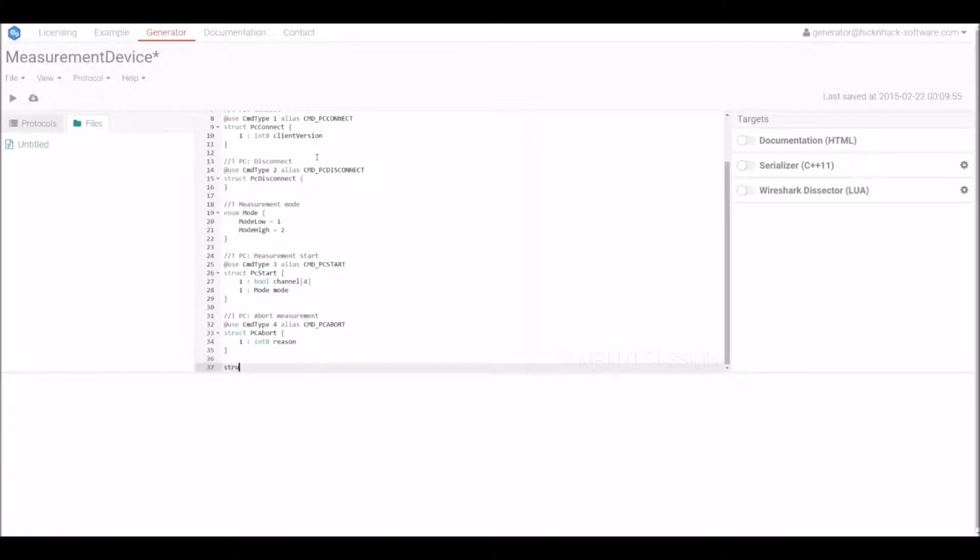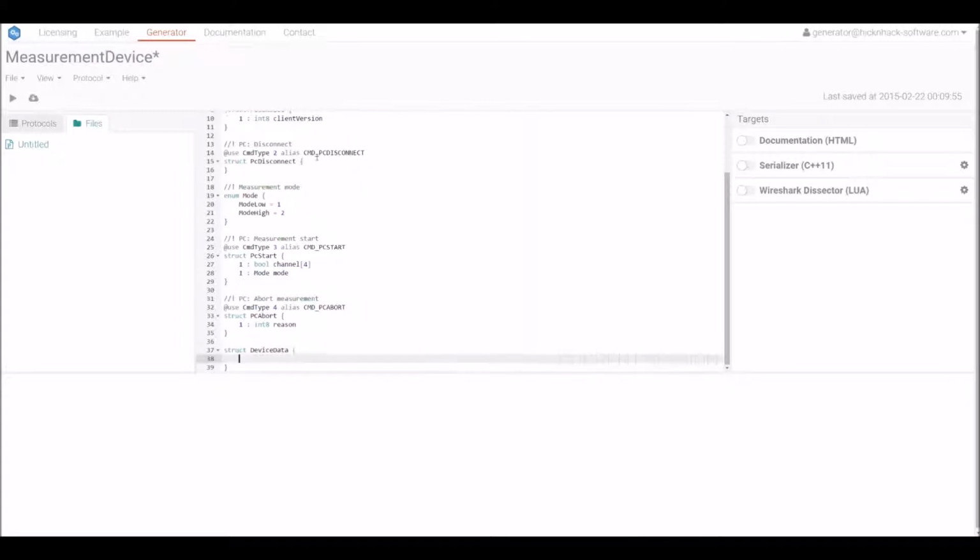And last but not least, we have our measurement data structure, which is called device data. And device data is instantiated when command type has the ID 5 with the alias command device data.